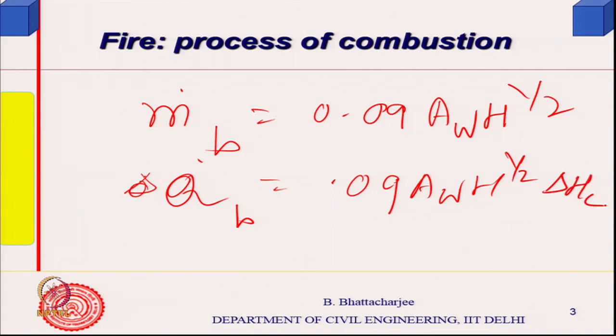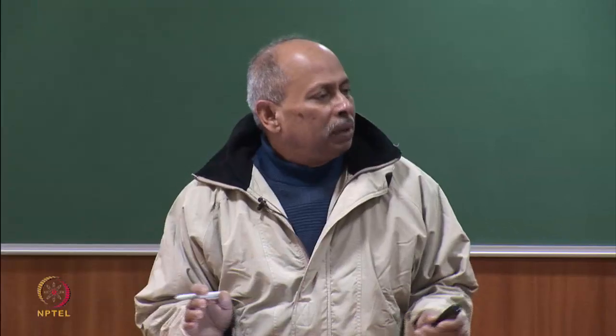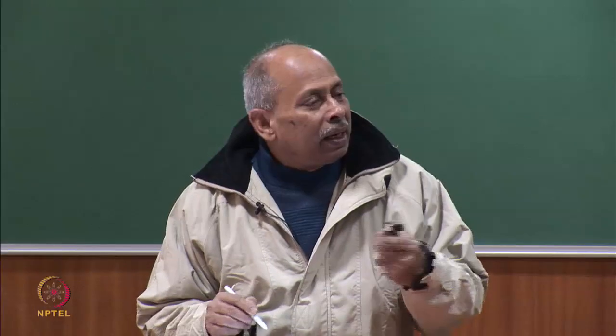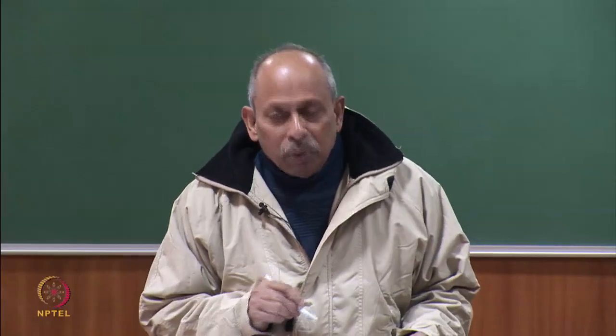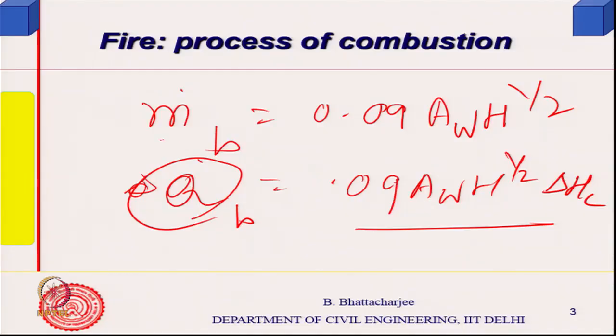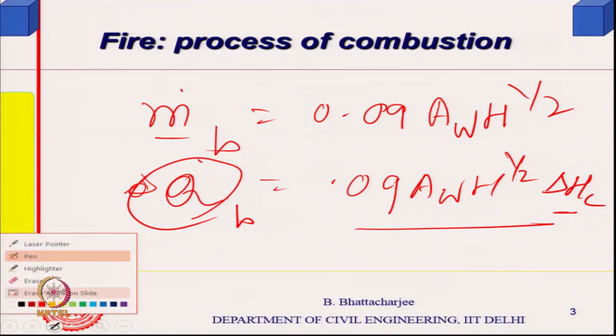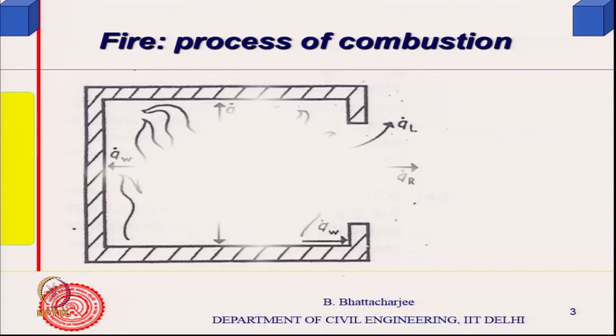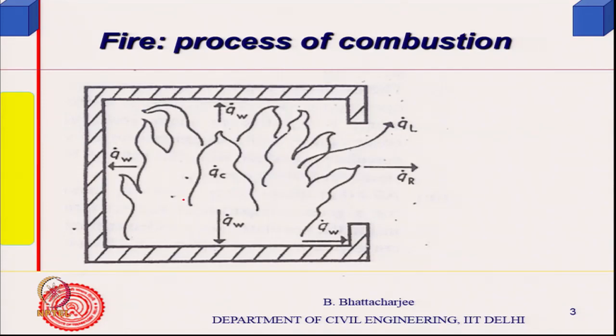Now, this heat has to dissipate to the outside. This is the rate of heat generation, Q dot. This is the mass burning rate, and delta H is the heat of combustion, which many books denote as small q c. So, that is the rate of heat generation, the heat generated here. This must go out through this